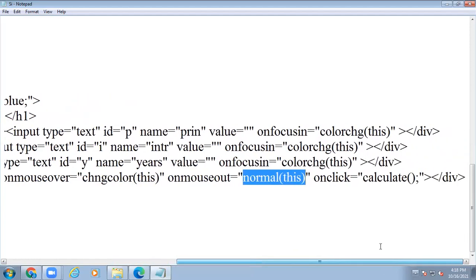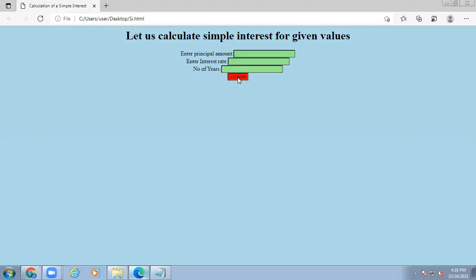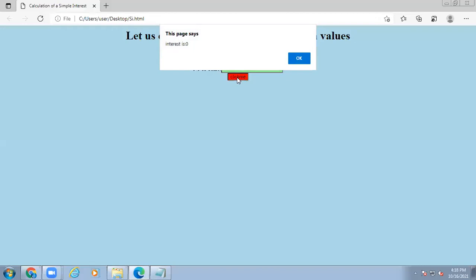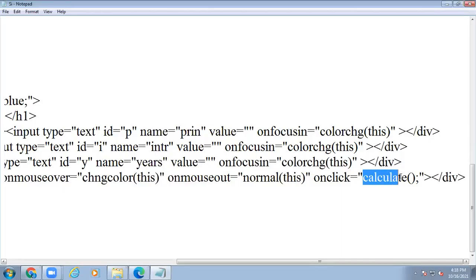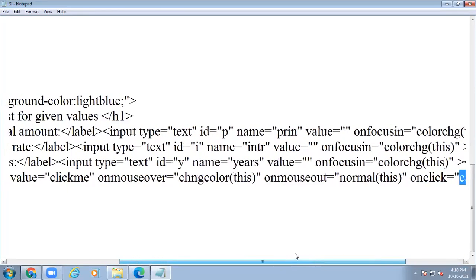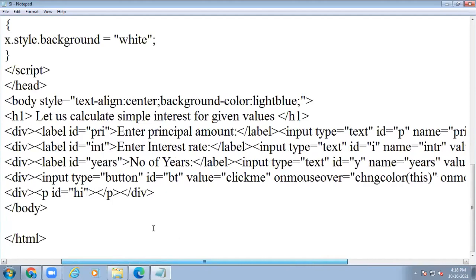So I want to define another event also here, that is on click. I want to click on this one. At the click, you have to invoke the appropriate event. At that time I want to execute the function, that is calculate. Clear? Yes, sir. This is the way events are generated, and based on that event, the appropriate functions we have to execute.